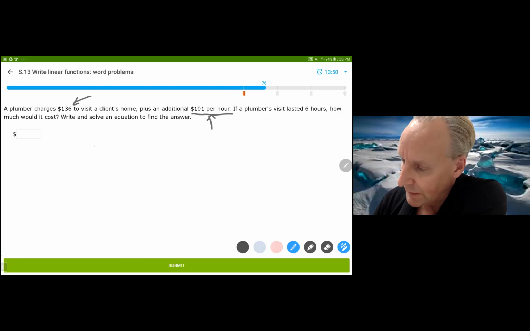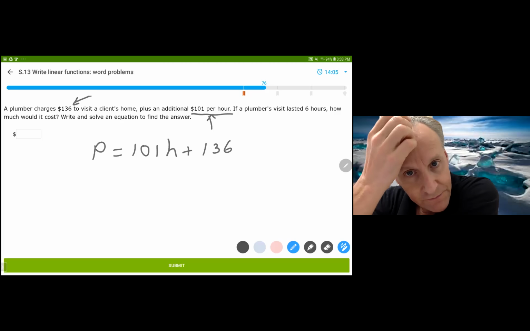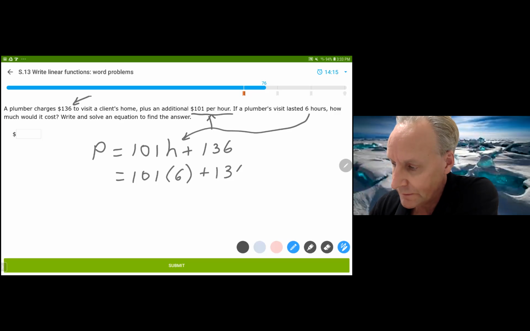So this is going to be the cost of the plumber. I'm going to say this is how much money he gets, is equal to $101 for each hour he spends, plus the $136 for coming to the house. And his visit lasted 6 hours, so he's going to charge 6 times his hourly fee. 101 times the 6 plus the 136, and 606 plus 136 is equal to $742,